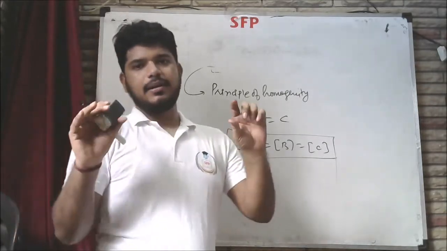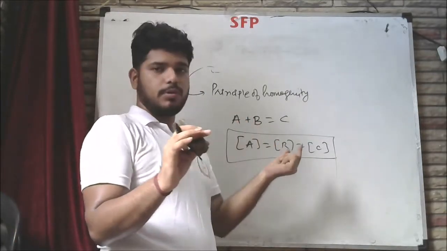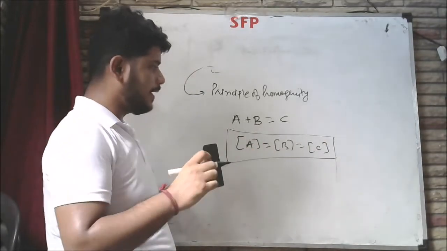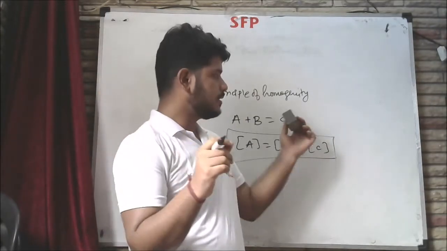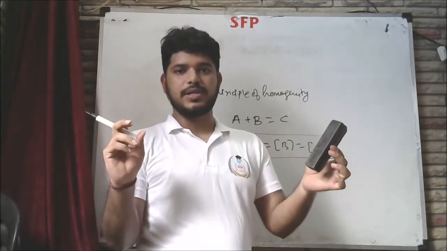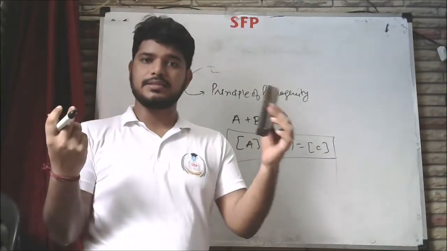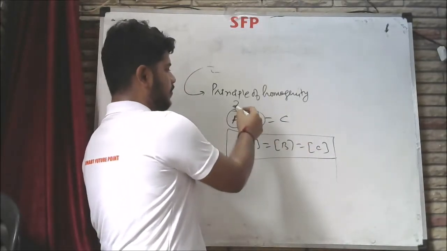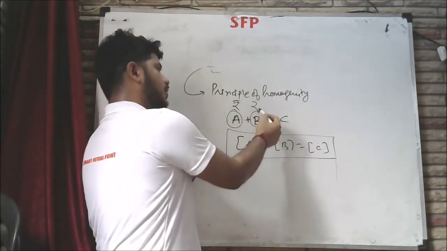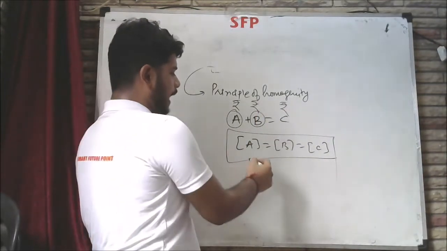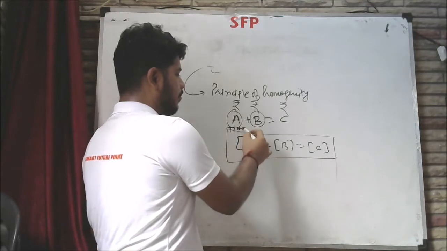Means we can add two substances or two things if they are similar. Suppose we are adding rupees to rupees, the answer will also be rupees. We cannot add kg plus rupees. We cannot add time plus distance. Fine. So if we are adding A plus B, and it is in terms of rupees, the answer will also be rupees. We cannot add time plus length.